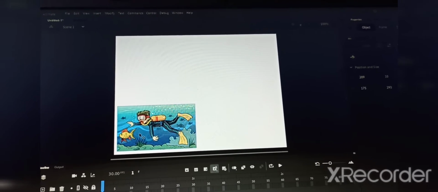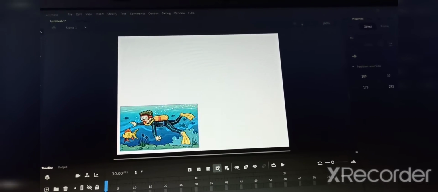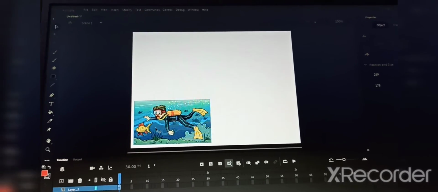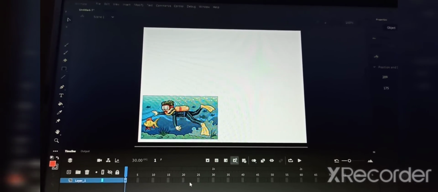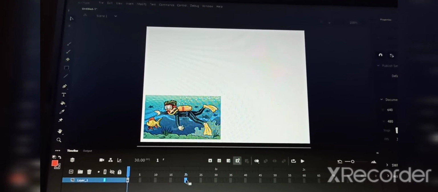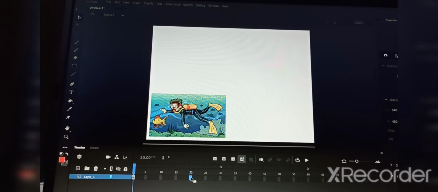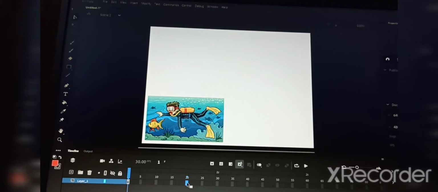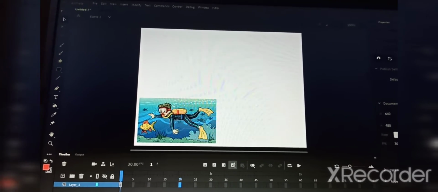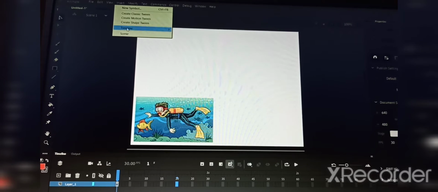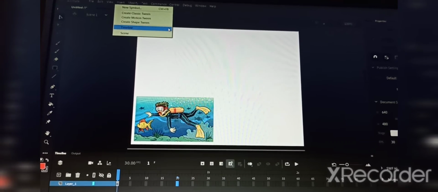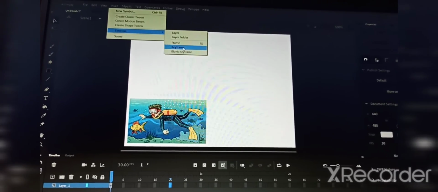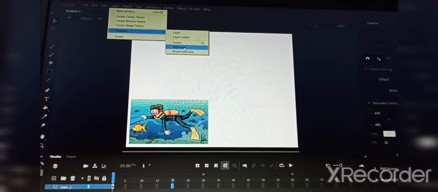After that we can insert the timeline. So here you can see I will click here. Then we click the frame on the timeline to select the keyframe location. Now I will click on the insert menu, timeline, and I will click on the keyframe.